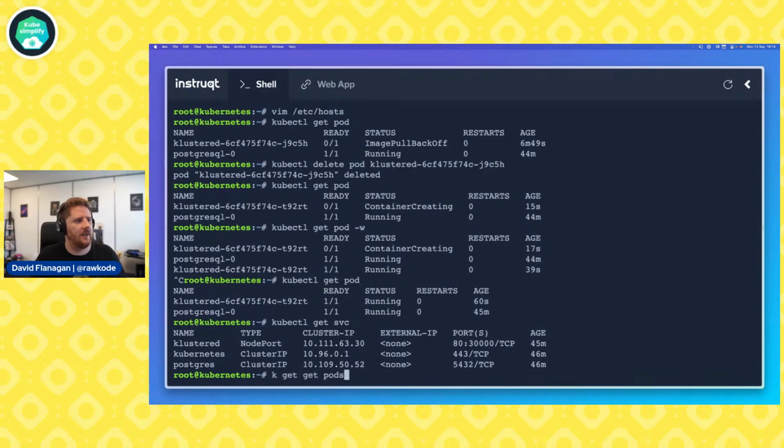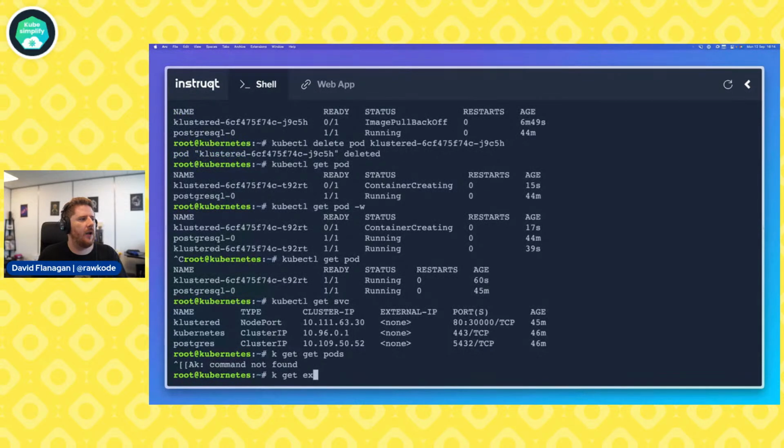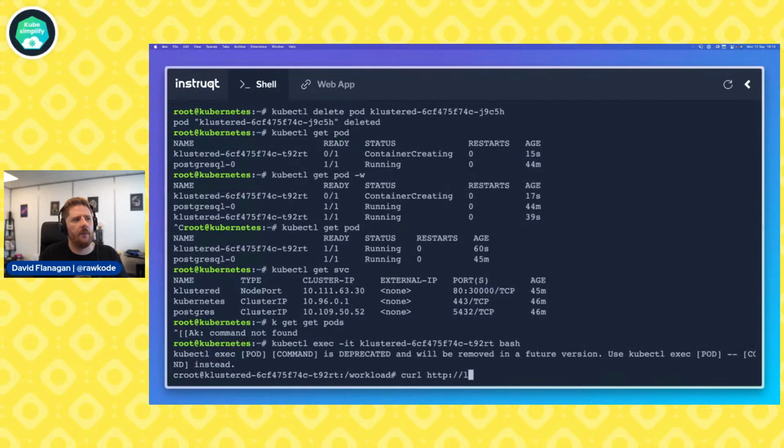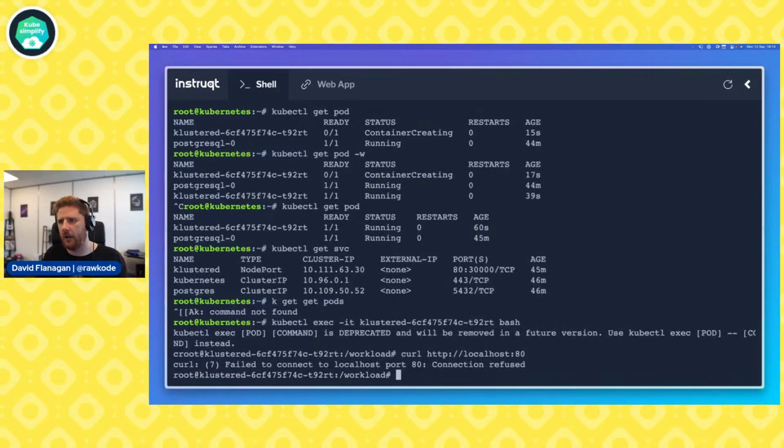I'll give you one hint. If we run a kubectl exec -it and jump inside of our clustered pod, our localhost on port 80 will not work. Our application actually doesn't listen on port 80.